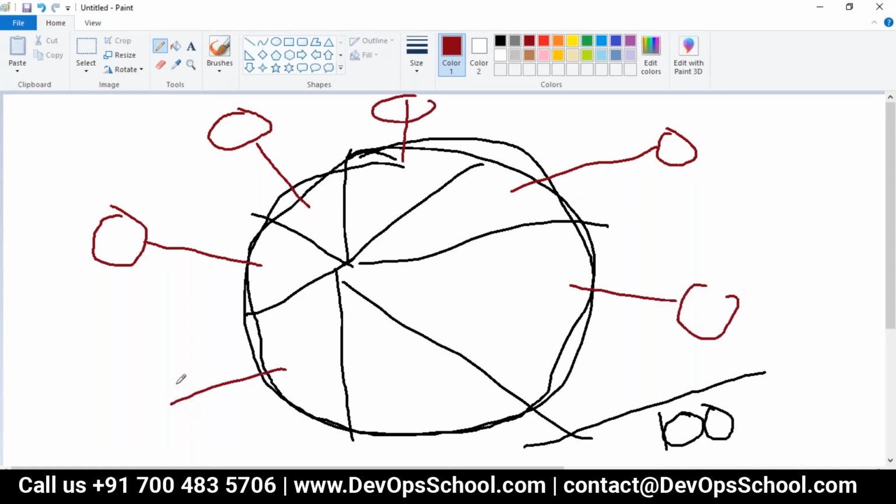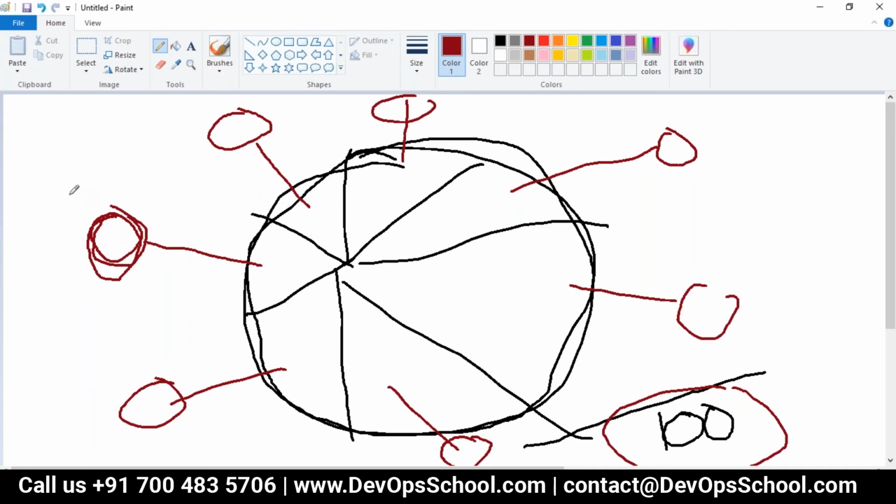Make it separate. Make it hundreds of microservices. I repeat, one service converts into hundreds of microservices, and one microservice is equal to one feature. So now how many teams do you need, guys? Earlier in the SOA concept, we had hundreds of developers, hundreds of engineering teams. Now we don't need hundreds of people. You just need to manage one microservice.